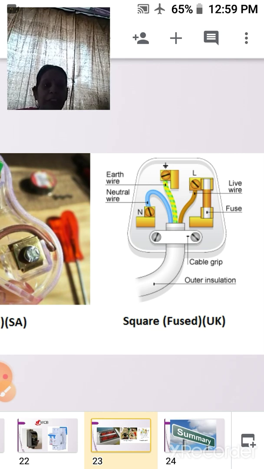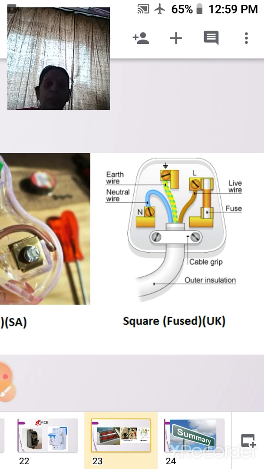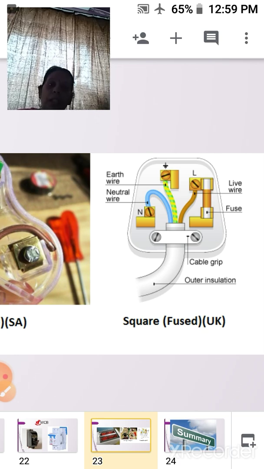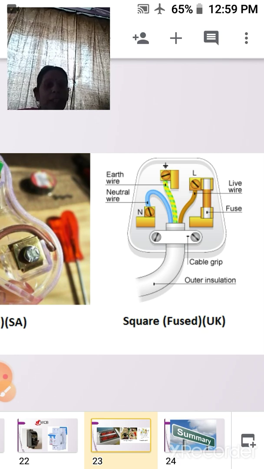So it is not only used in a particular room or building, but nowadays we are using these cartridge fuses in many appliances also, so as to protect them from getting damaged. So here you can see the picture of the same.